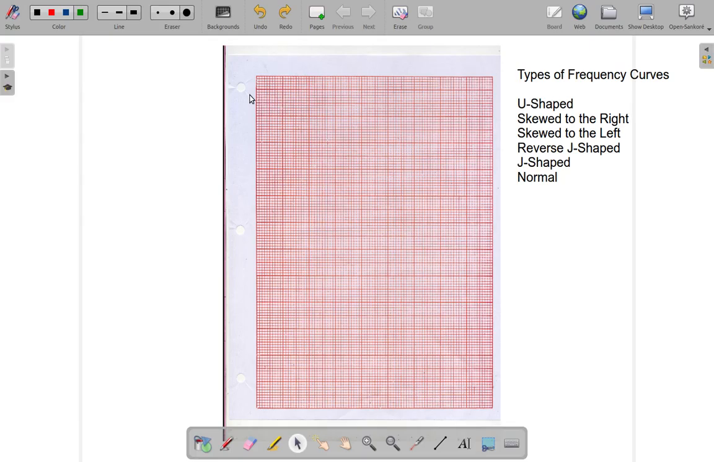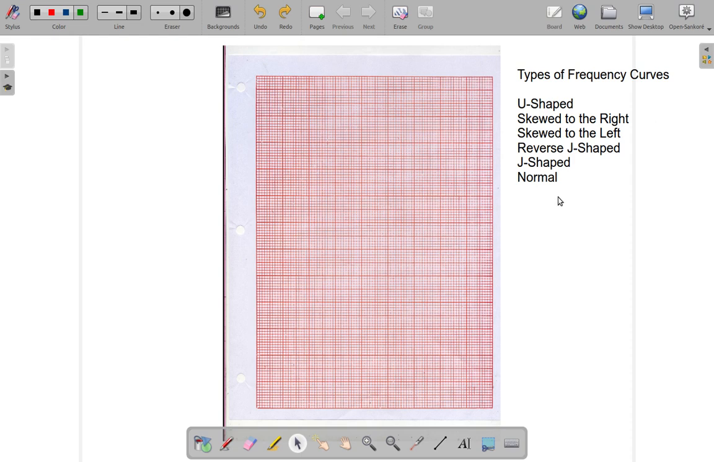Previously we saw how to create a frequency curve, how the frequency curve came about. Because as the number of bars in the histogram increases, the polygon has more and more sides, starts to look smooth, so you call it a curve. What we want to look at are the types of frequency curve. Now you have the U shape, the skew to the right, skew to the left, reverse J shape, and the normal curve. Now the normal curve is the most common, it's very important, and we'll give it special treatment in